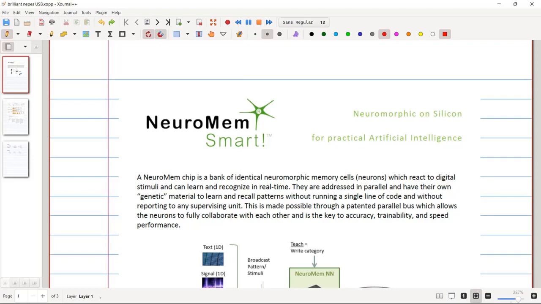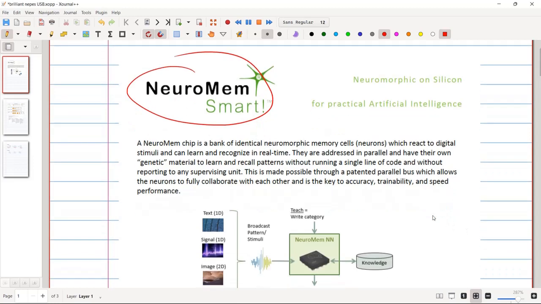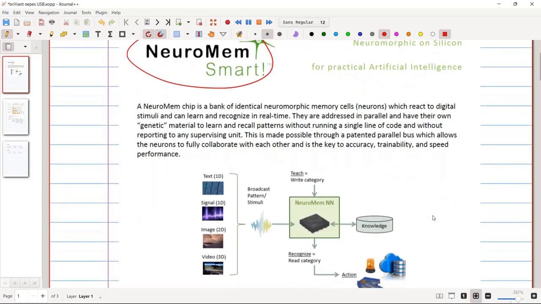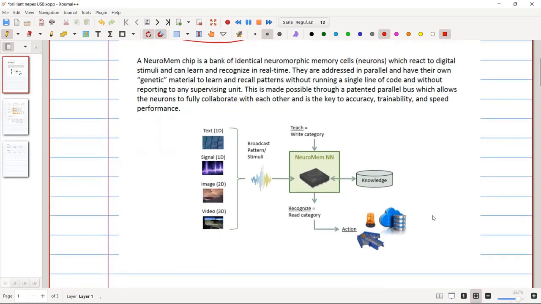Hello, in this video I would like to share some experience using this chip, the NeuroMem. That is a chip that contains a set of neurons. As you can see in this figure, this chip is able to identify or classify different patterns that you